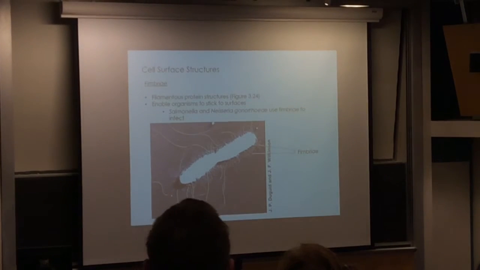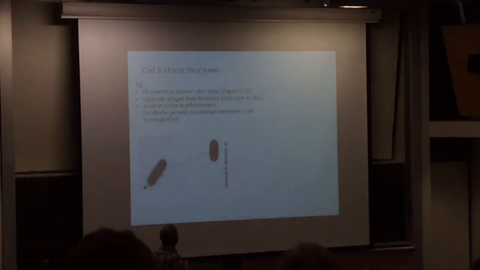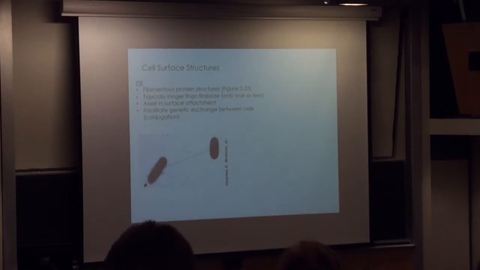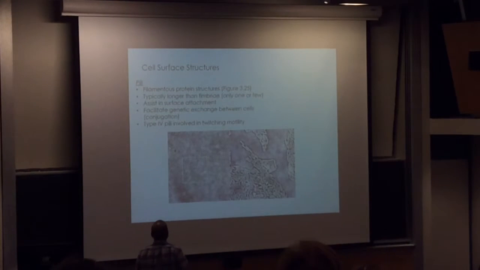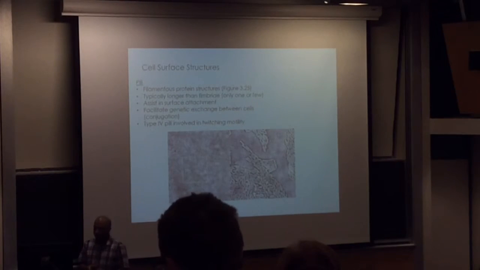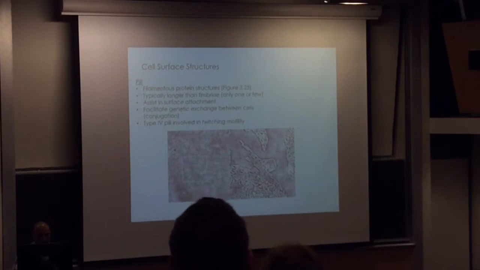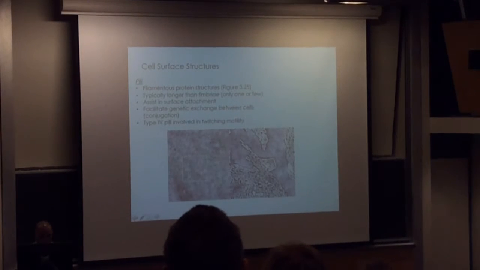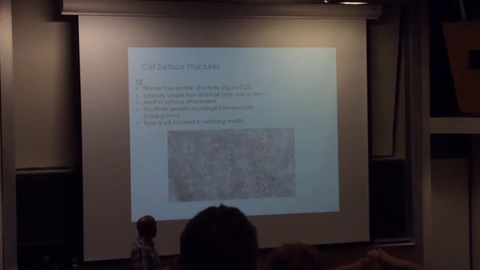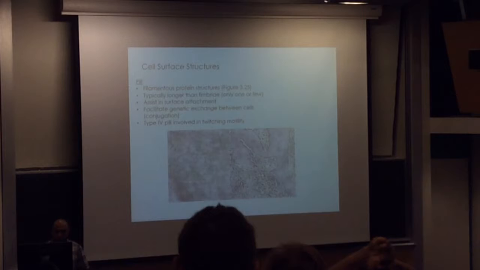Then we talked about fimbriae and sex pili and other small appendages. And then we talked about a special type of pili called type 4, which helps in twitching motility. This is where you can see the bacteria moving, but it's not moving that fast. Right? I mean, it can move a little bit.